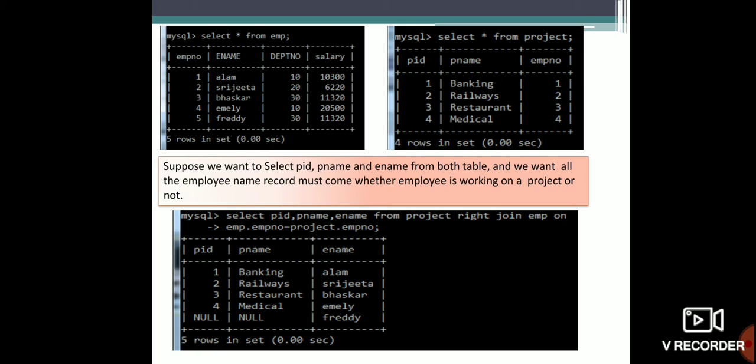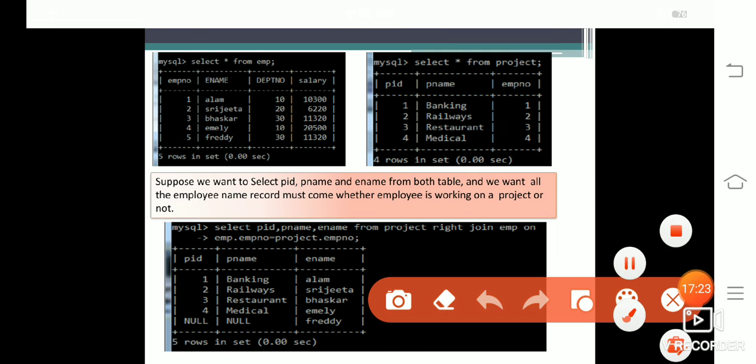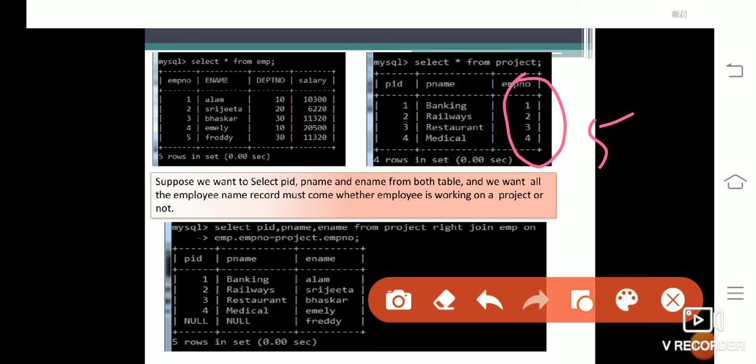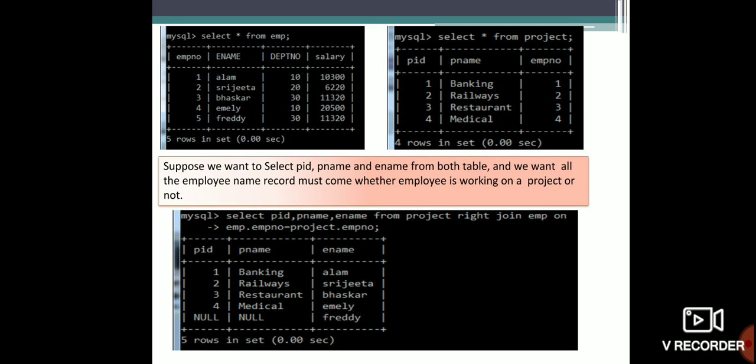P name will also be null according to the employee number. You can see here, in this employee number the fifth row is not mentioned in project, so the PID and P name will be null. Okay, thank you, have a nice day.